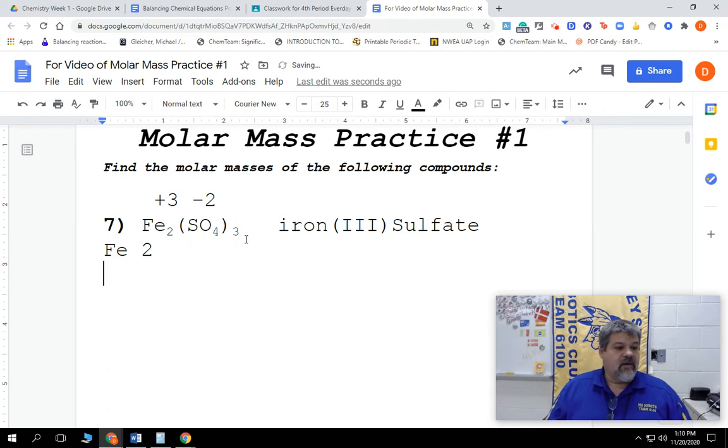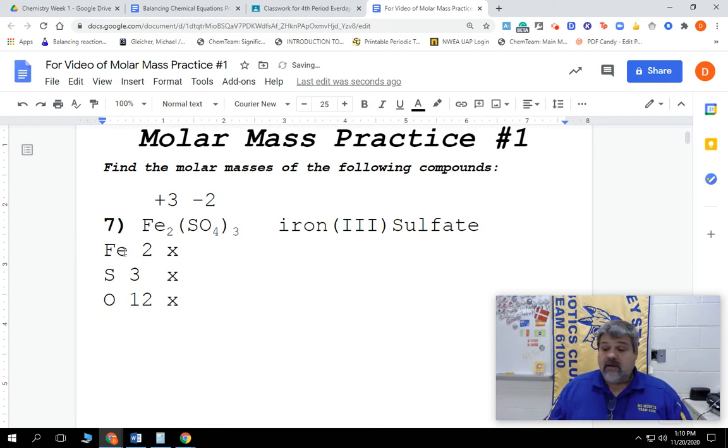Okay, then we're going to go down to our next element. We have sulfur, so we're going to put an S. Now, it looks like we only have 1, but remember, we have SO4 3 times, so I take whatever the subscript is here, multiply it by 3, so I'm going to have 3 sulfurs. Then we're going to go on to the next one. We have oxygen. Again, it looks like we have 4, but I have 4 3 times, so I actually have 12 oxygens. Okay, so we're going to go ahead and multiply these